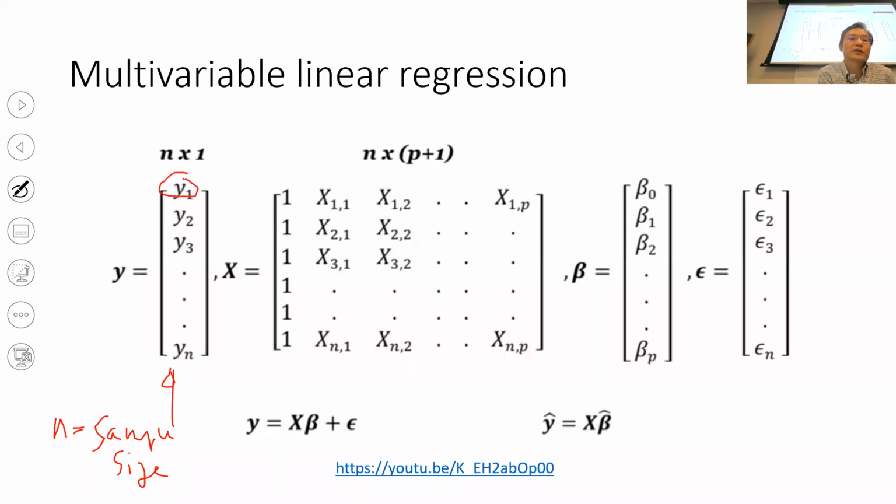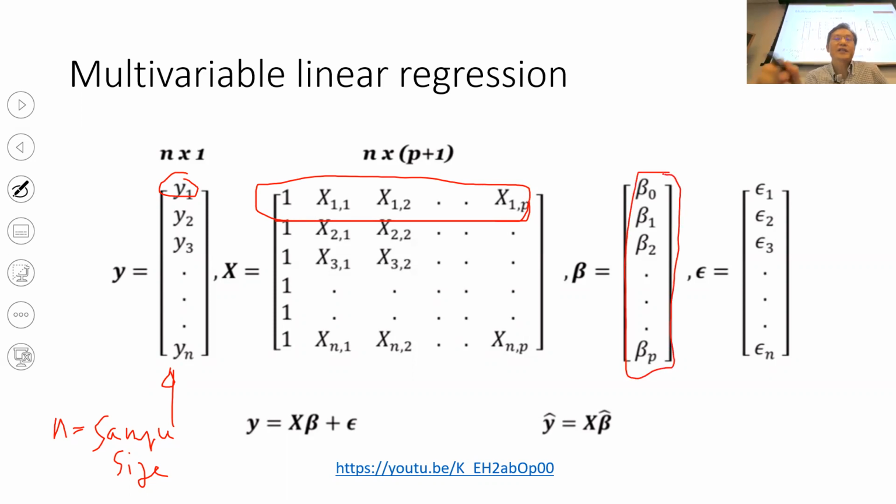If you look at only the first y, that's your first car and how much it costs, and you want to use the variables of the X matrix, the first row, plus all the weight of each variable to predict y. So you have multiplication between this vector and that vector